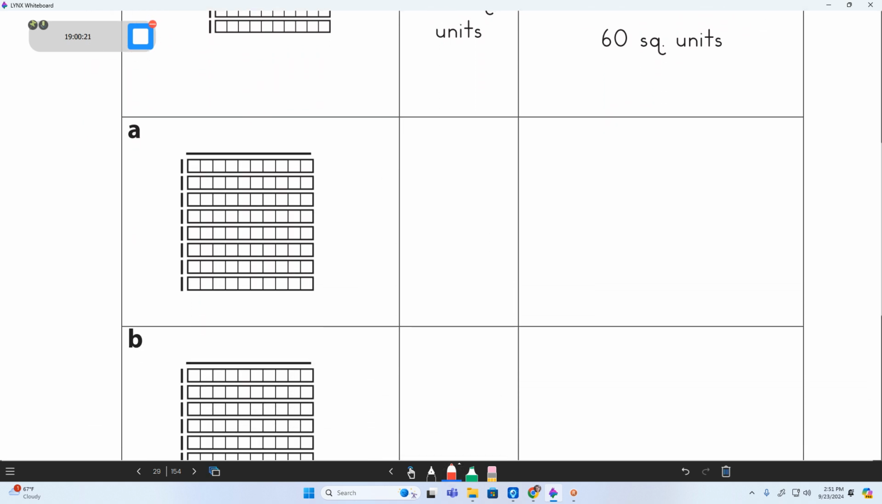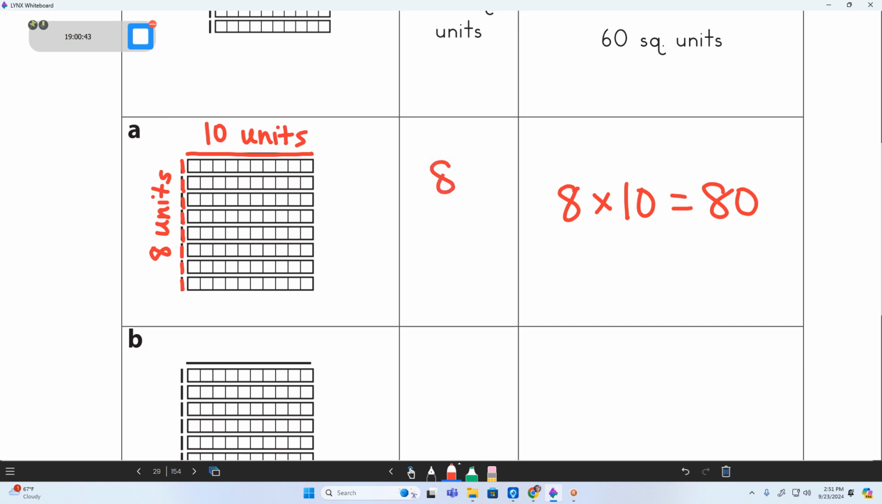So the dimensions, you can tell that it is 10 units across. It's as long as a strip, and it is 5, 6, 7, 8 units tall. All right, and I'm going to do our equation first. So we're going to do 8 times 10 equals 80, and I'm going to label it over here, 80, and